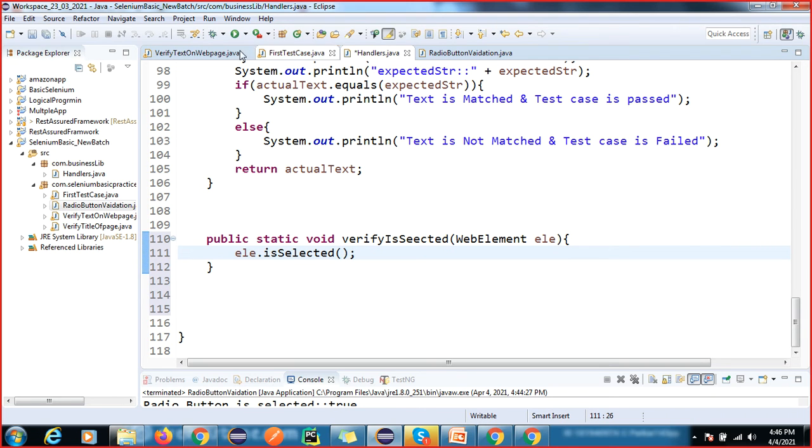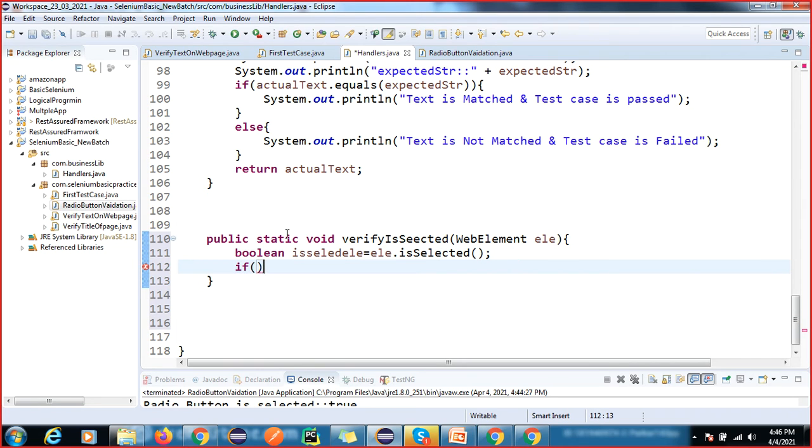What will it return? So I'll write the same thing: boolean isSelected equals ele.isSelected. I'm repeating the same steps here, not doing anything extra.